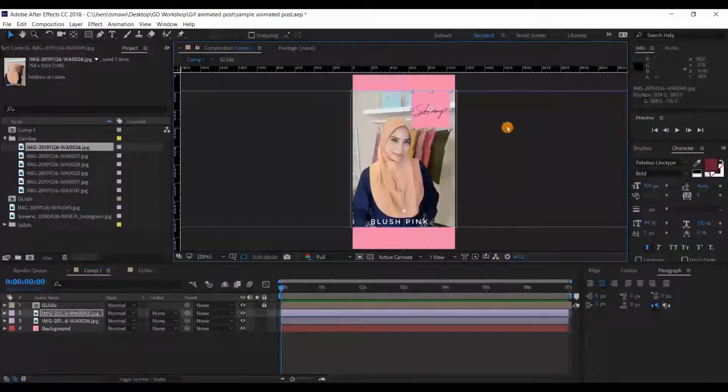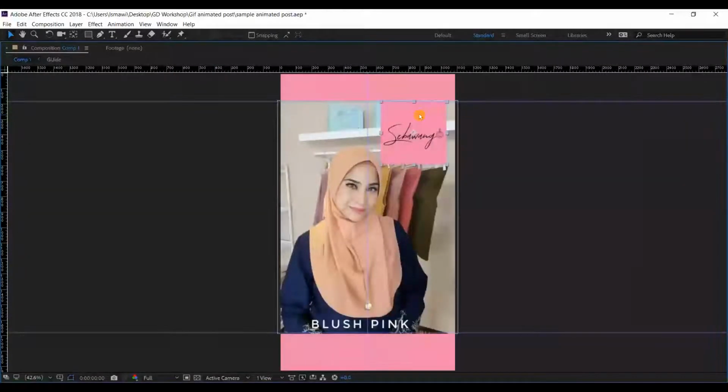I'm going to put it on top of here, where we're going to use the logo also to be animated with the discount tag later. So make it smaller, and I'm going to make it merge with the background. Since the colors are in the same color code, it will look like it's merged with our background. All right, so we will have our logo there. Okay, we're going to add the animation later.